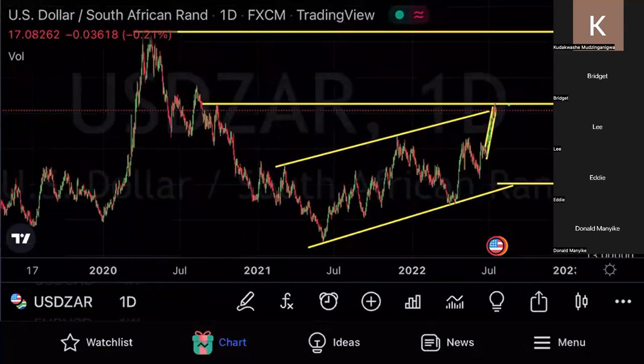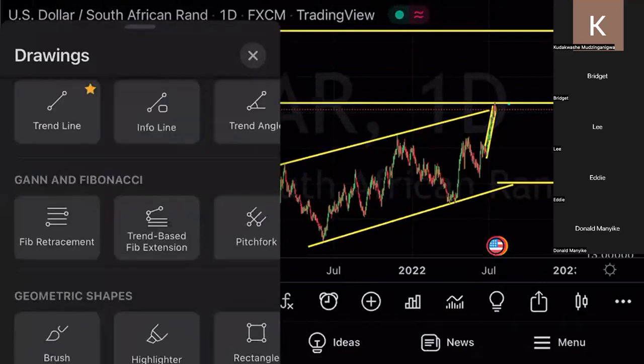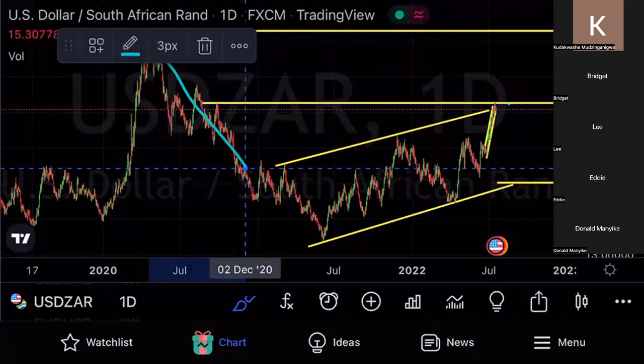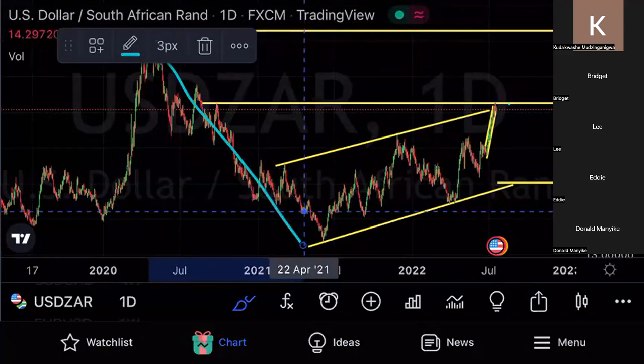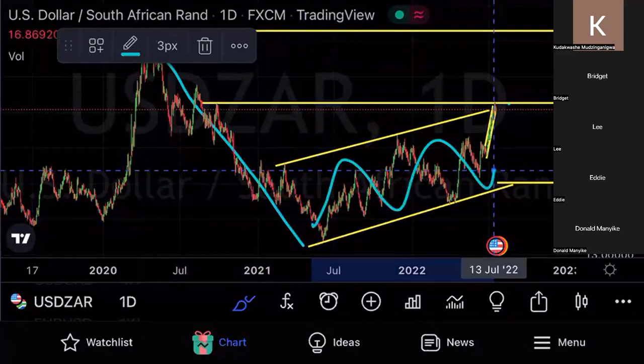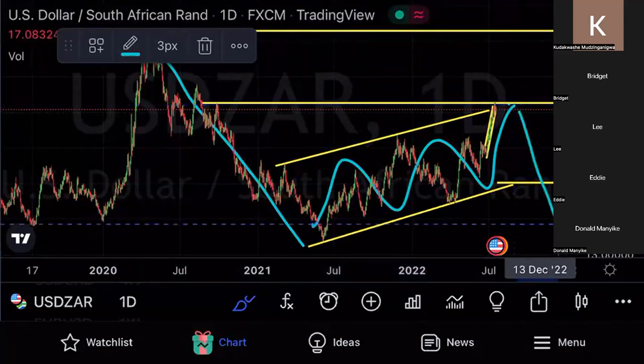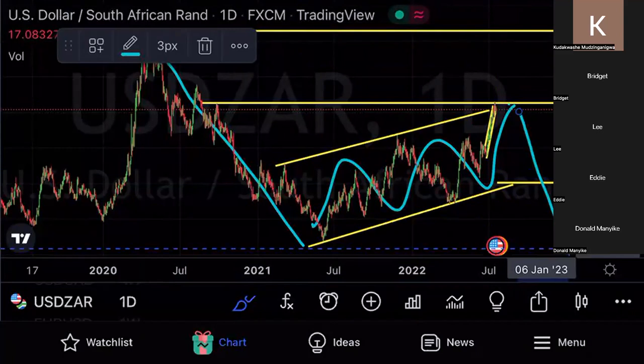Simple mechanics. You can see we have a big impulsive wave there, followed by this continuation pattern. Where do you think price will go next? It has the highest probability of pushing to the downside. Already, I know that the highest probability is of price pushing to the downside. But I'm not taking these patterns in random areas. No.